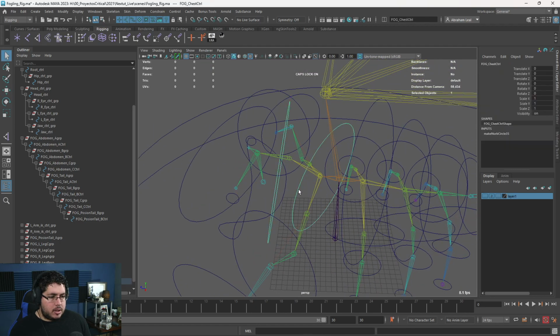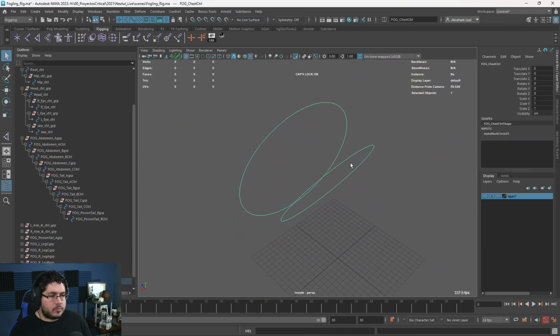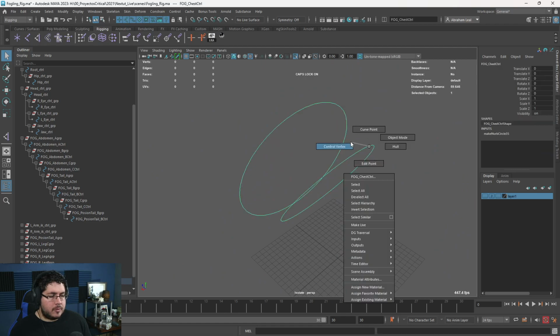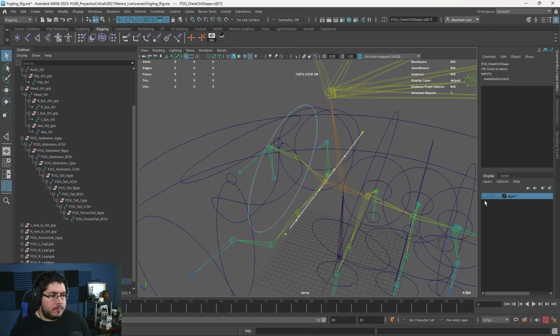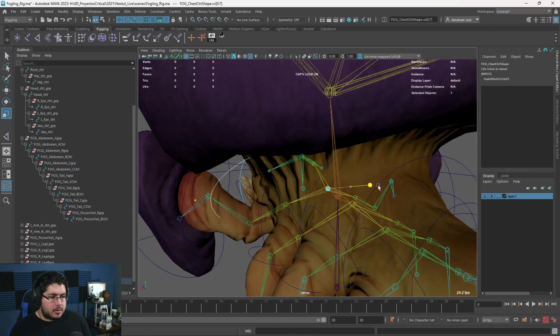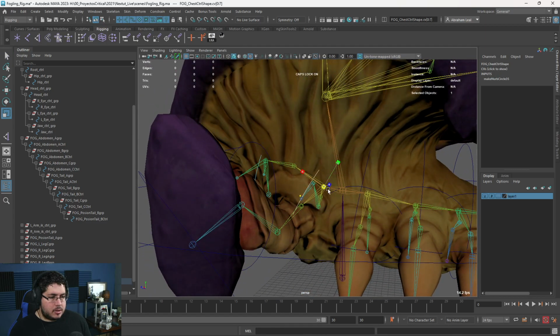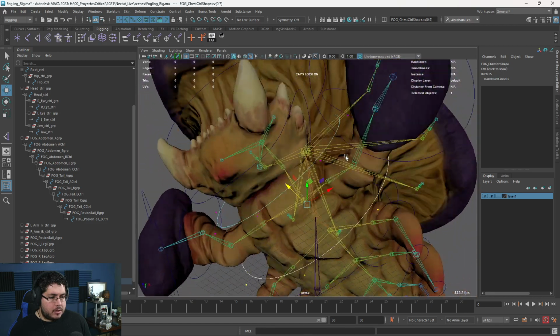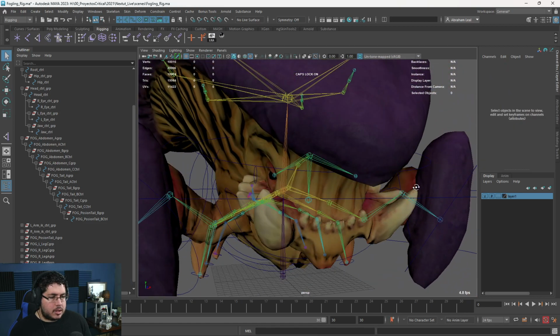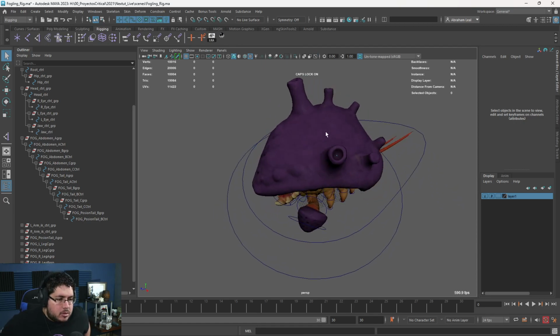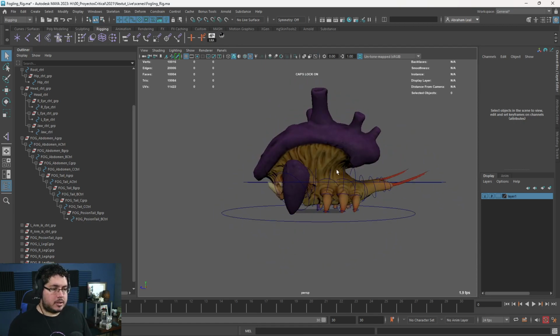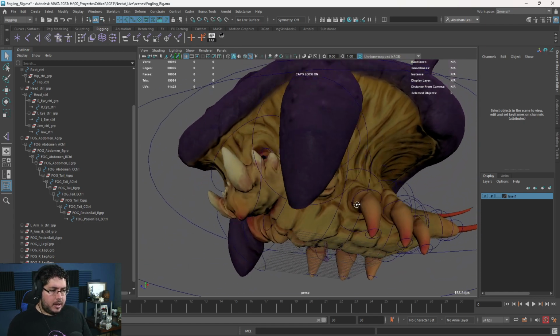And now we just need the chest. Let's just scale this, make it bigger, rotate it, move it around a little bit if needed, just so, again, that it's easy to select. Here, one thing we can do is turn off the bones, so it's not as cluttered as everything else. There we go. And that's it.